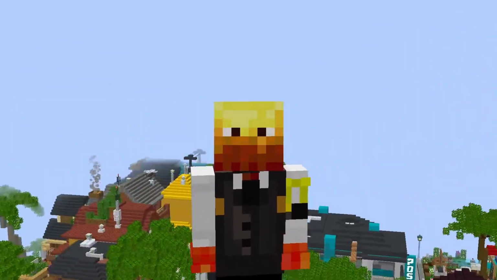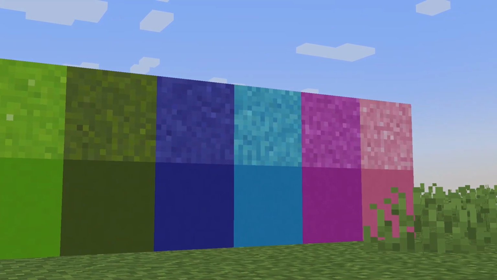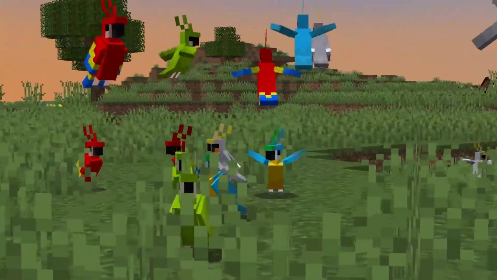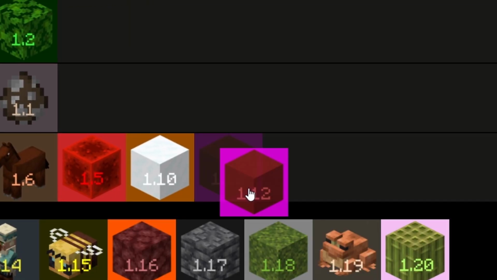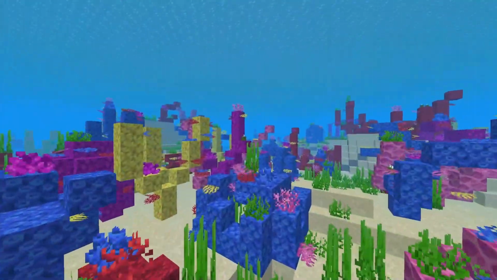Next, we have 1.12, or the World of Color update, which was pretty lackluster, only adding a few different colored blocks. And parrots? Yeah, that's it. It's an F tier. Alright, it's now time for Update Aquatic, which, like the name suggests, updated oceans to make them more lively,